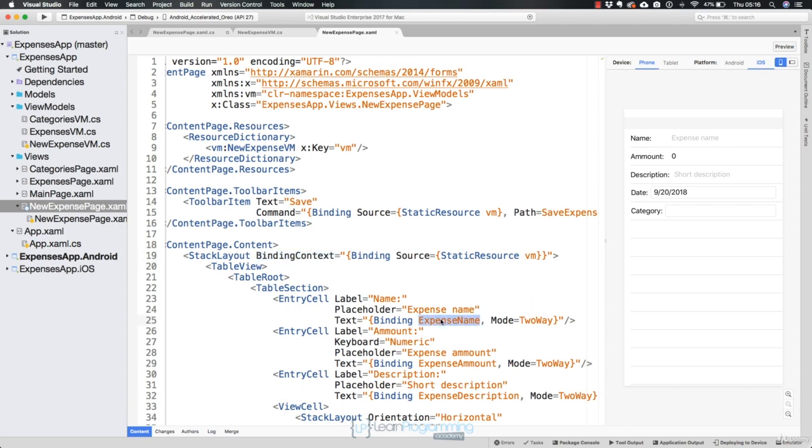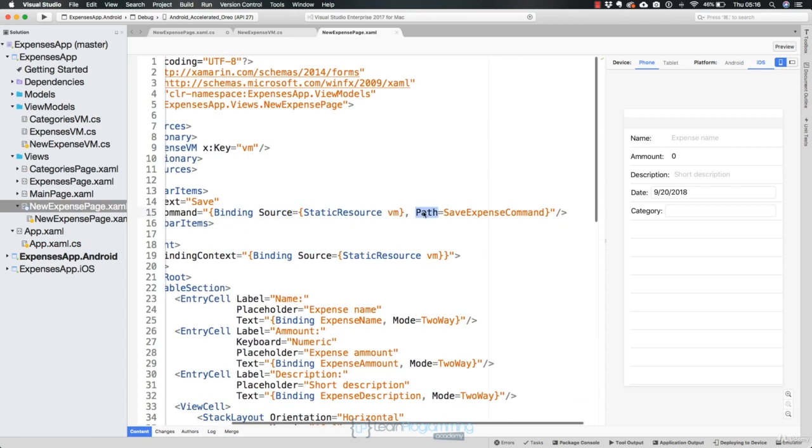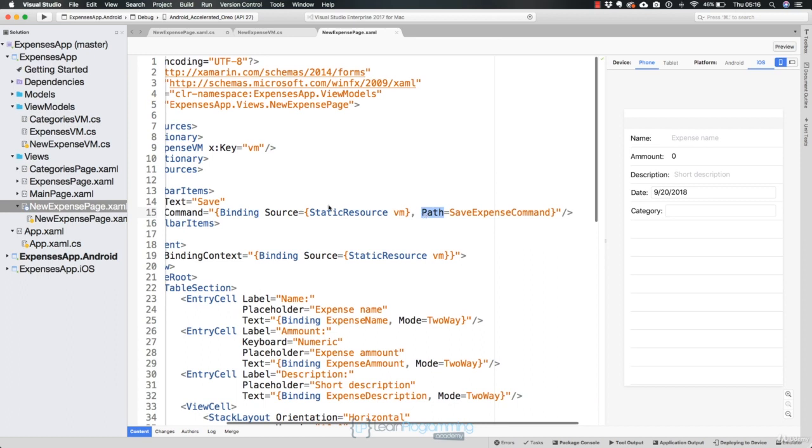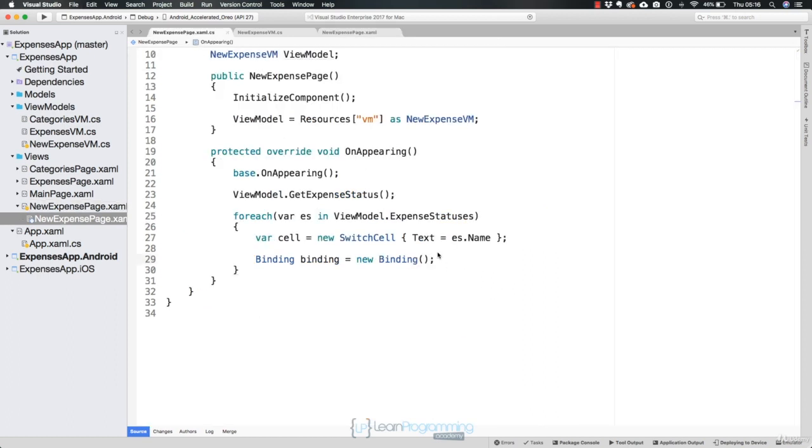We go directly to the path. But for example, in our toolbar item, we do set the source first and then the path, which is some property from the source. So we have to do something similar with C#. First, setting the source. So the source for my binding could be this ES through which I'm iterating. But again, this would not be